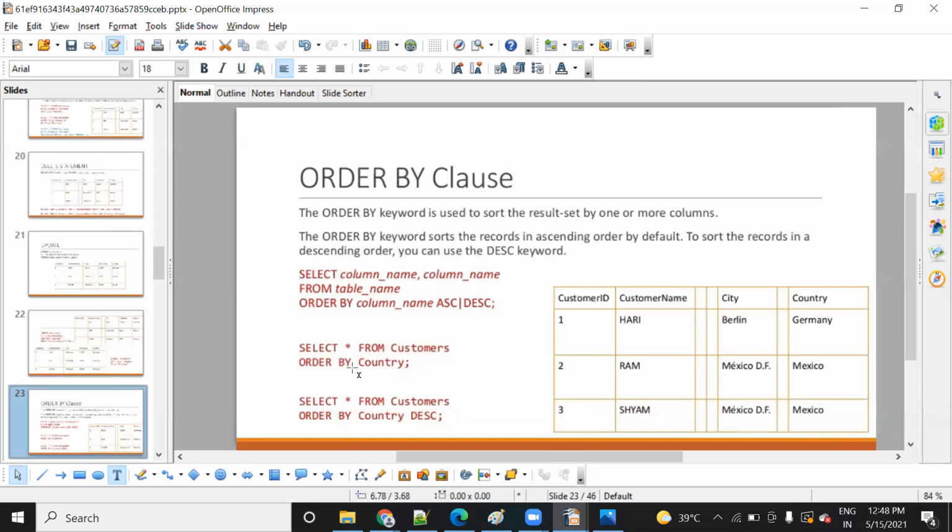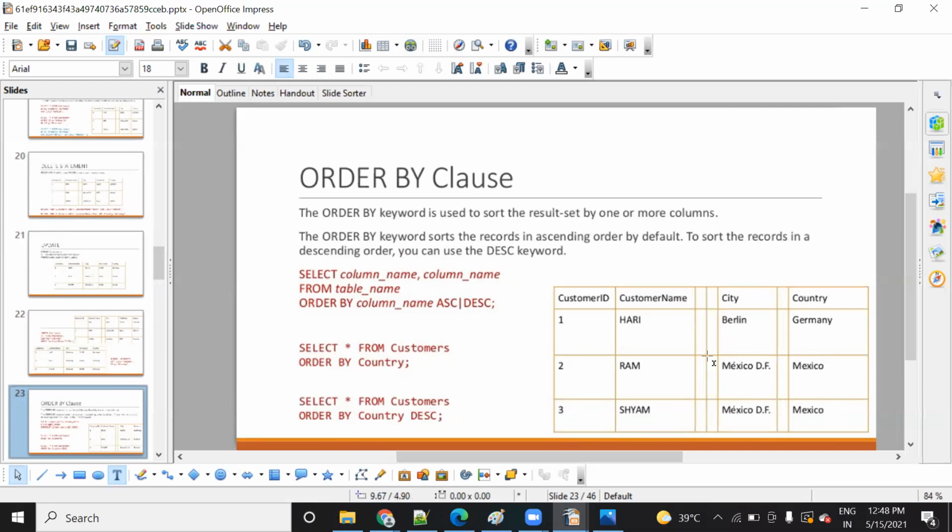Now here I'm writing select star from customer order by country. So it will arrange country in alphabetical order. Now suppose you want to select from customer order by country descending, to arrange in descending order.